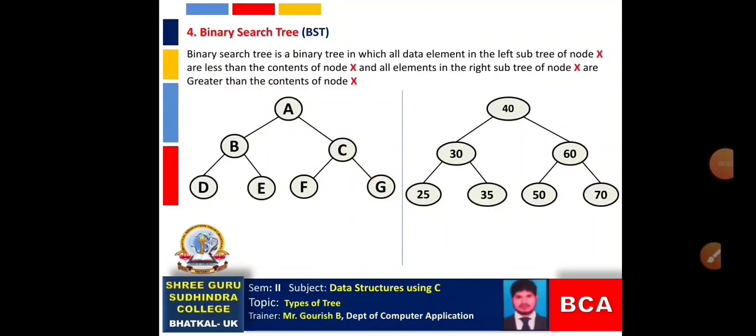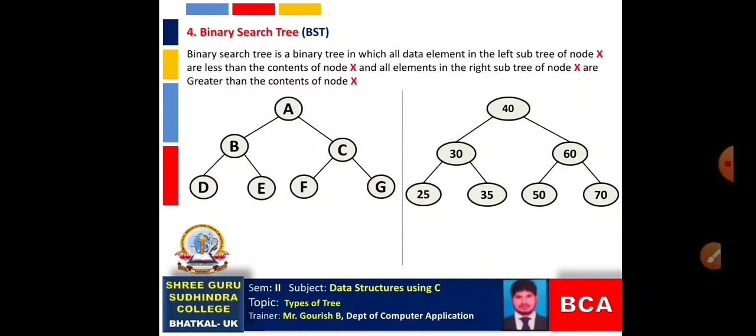And the fourth type is binary search tree. The short form of the binary search tree is BST. Fine. See, what is binary search? You know the concept, right? Binary search means we have to find the mid element, and lesser elements we have to store at the left side, and larger elements we are going to store at the right side, right? Same concept we have to apply here.